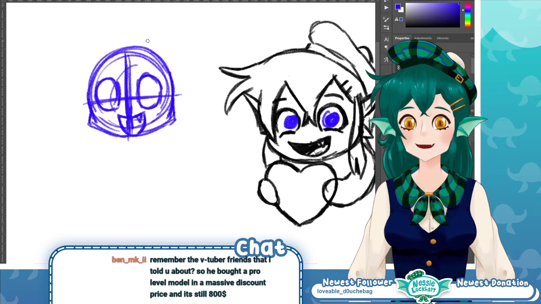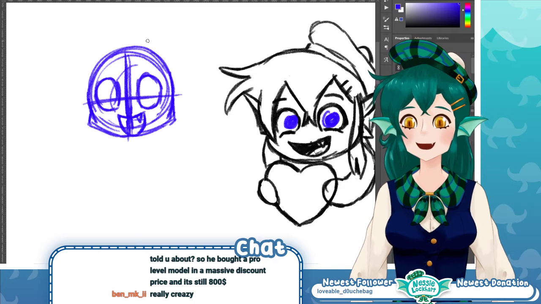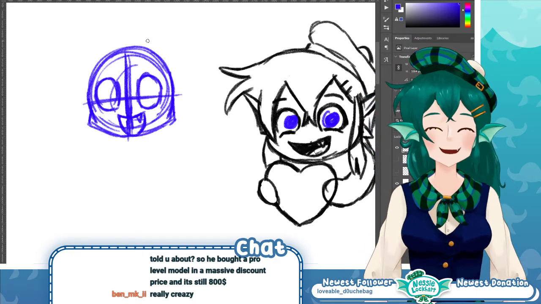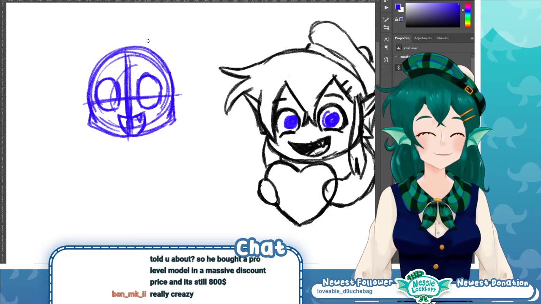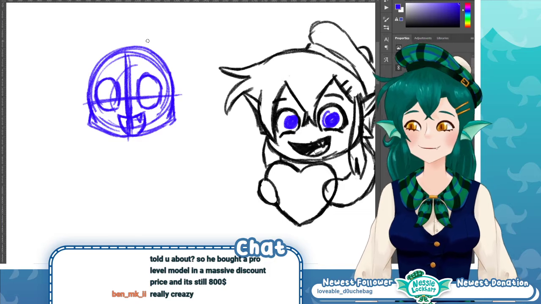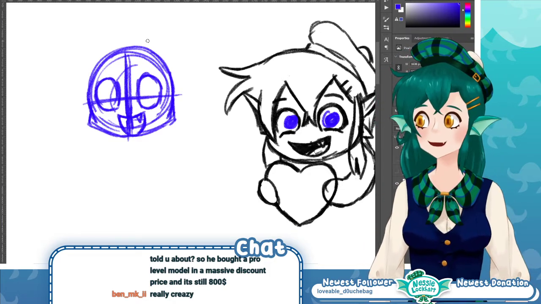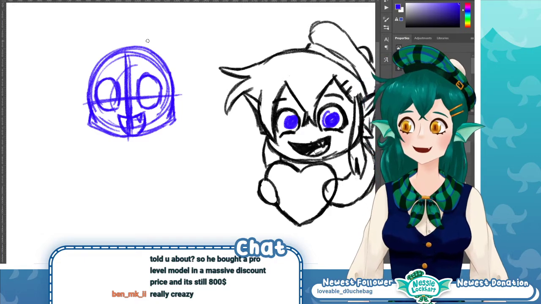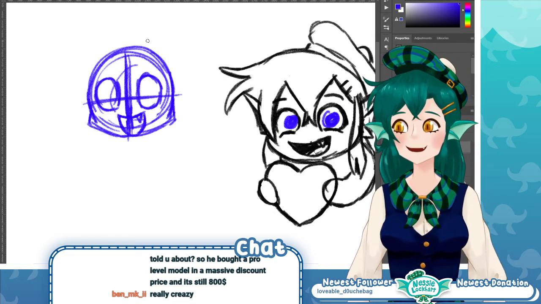Remember the VTuber friend I told you about? He bought a pro level model at a massive discount price and it was still $800. Yeah. Pro level models, those are literally thousands of dollars. I mean, the ones you see for Hololive or Nijisanji or other companies, those are just thousands of dollars.